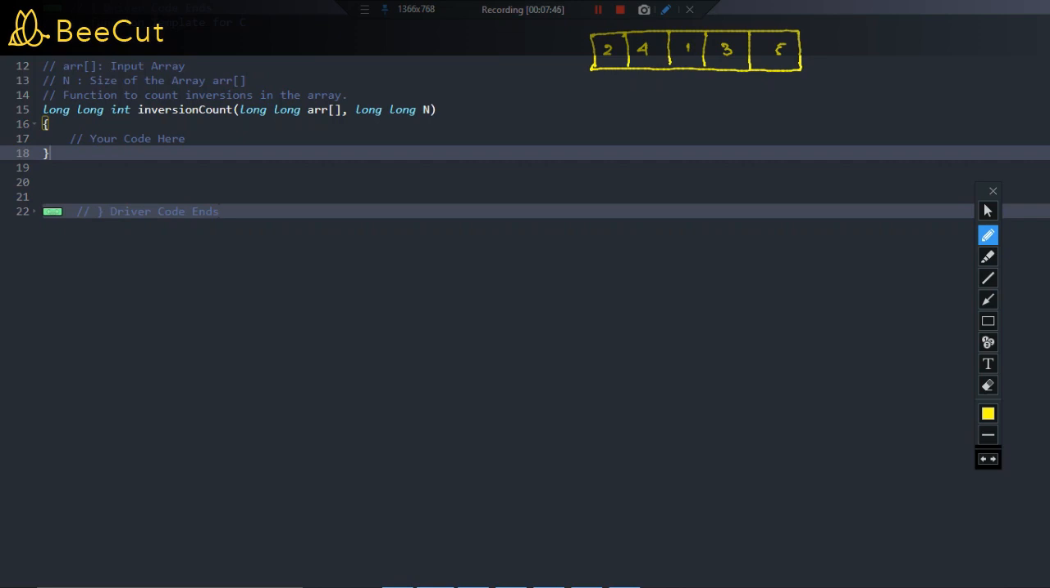Basically we are trying to use merge sort to solve this particular problem. How? You know that merge sort is a divide and conquer algorithm, right? So it will divide the entire array into smaller parts. First of all, the mid of this will be 2, so it will divide it into 2 parts. You will have 2, 4 and 1 in one part, and 3 and 5 in the other,